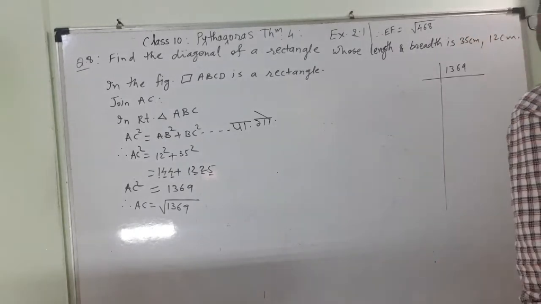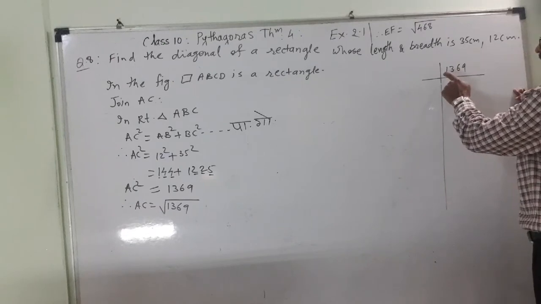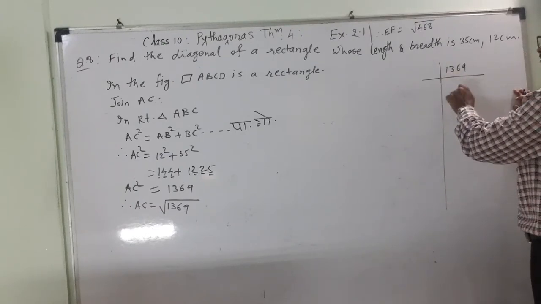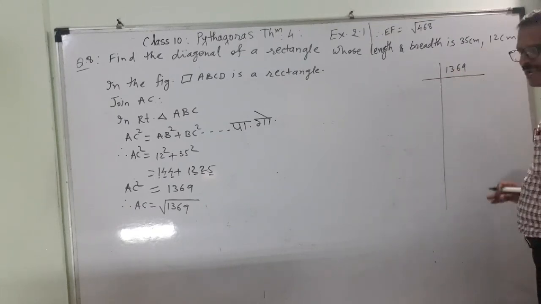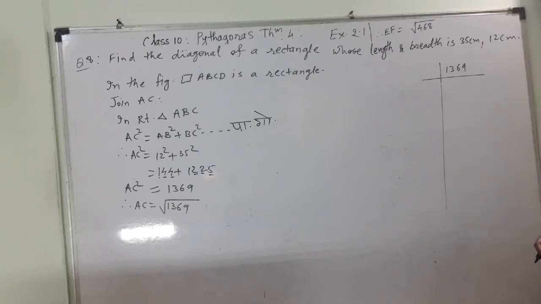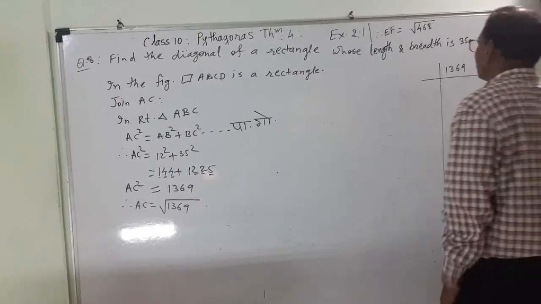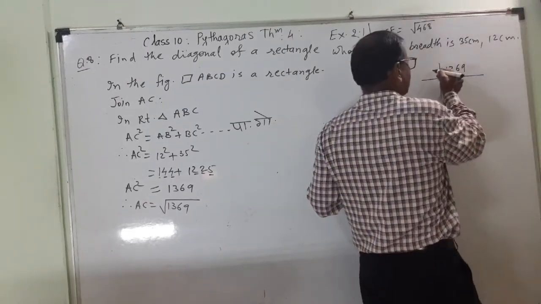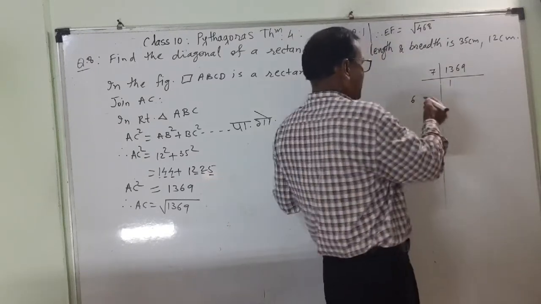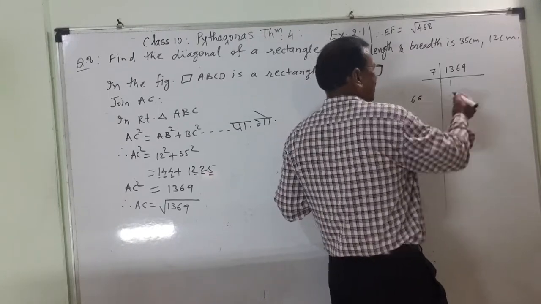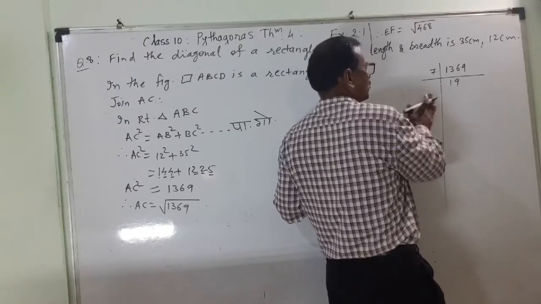Now check by 3. For 3 the divisibility is to add all the digits, and if the addition is divisible by 3, then the whole number is divisible by 3. 9 plus 6, 15. 15 plus 3, 18. 18 plus 1, 19. So it is not in the table. Now take 7. 7 1 is 7, so remain 6. Take the 6, 7 9 are 63, remains 9, not in the table. So the question is over.